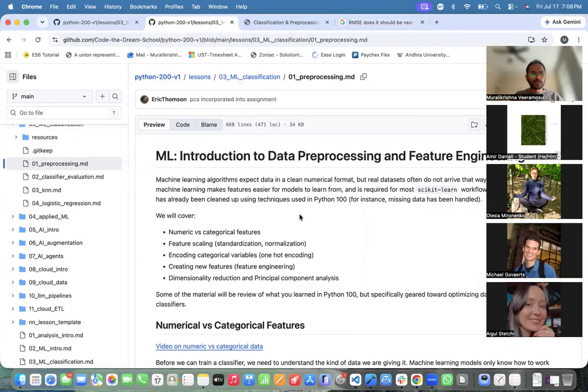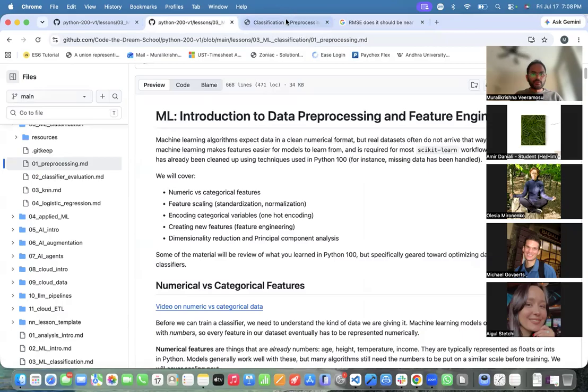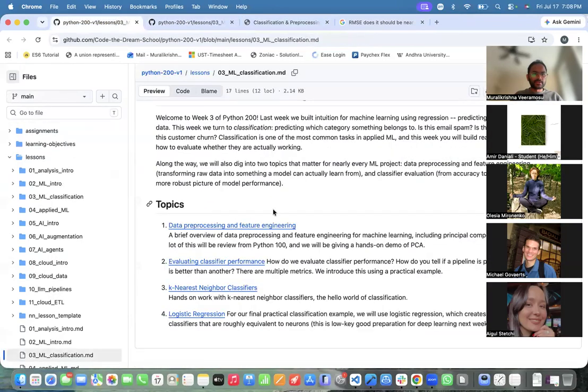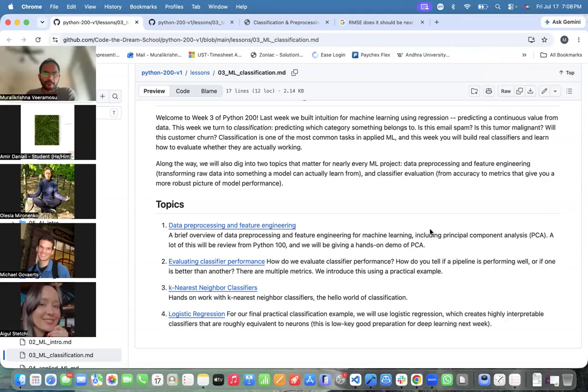Let's start with lesson 3. In lesson 3, we'll be discussing data preprocessing and feature engineering. In that, we discuss how do we scale the numerical features and how to scale or encode the categorical features, and then we'll look at principal component analysis, and then